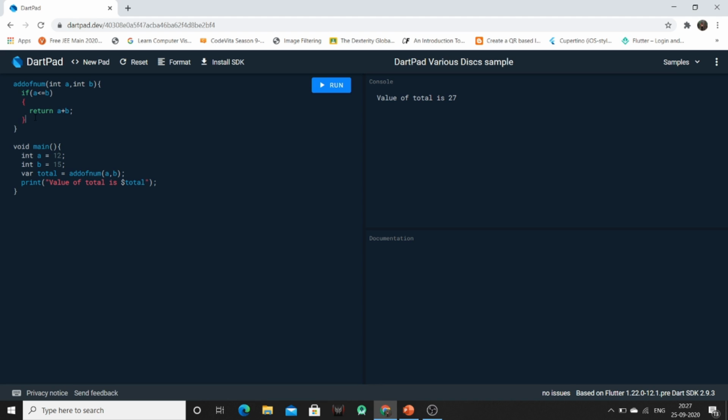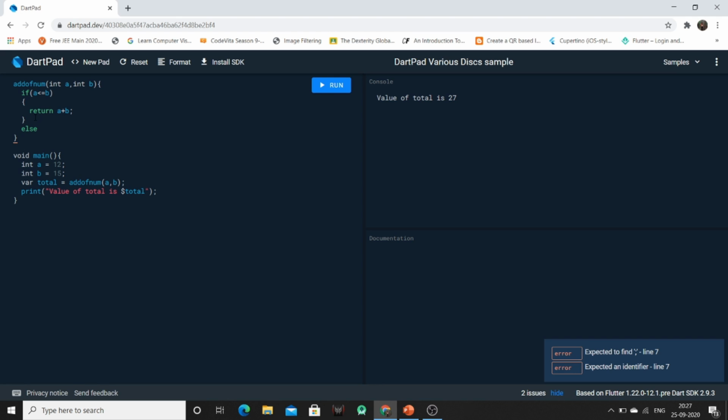Similarly, we can also implement that if the value of a isn't less than or equal to b, then we can return a minus b.